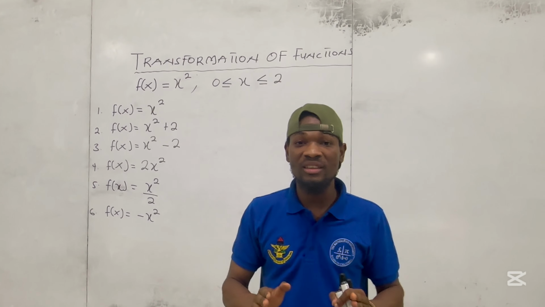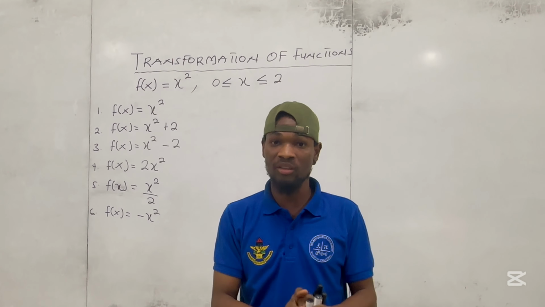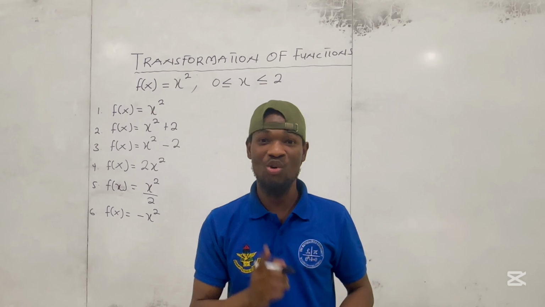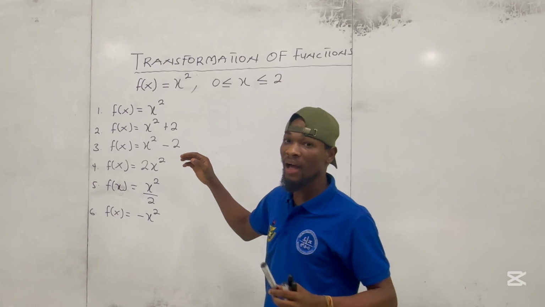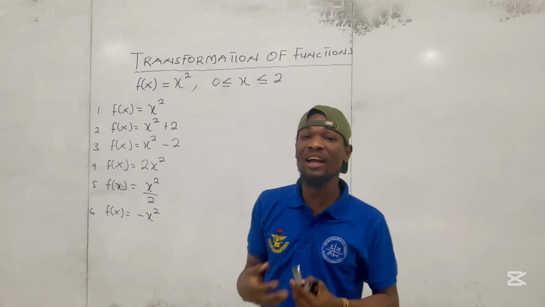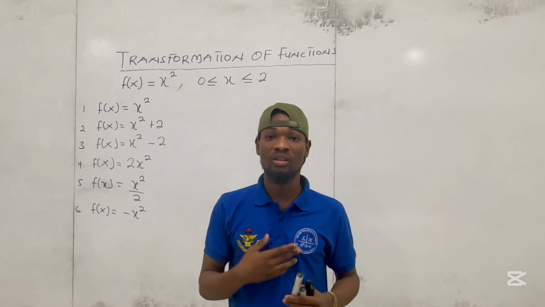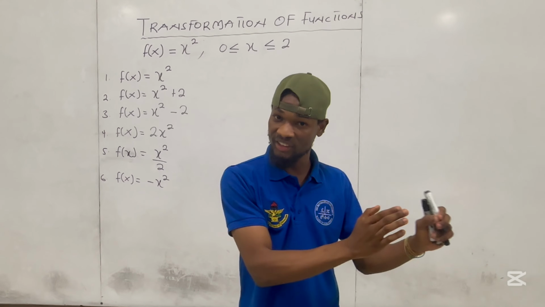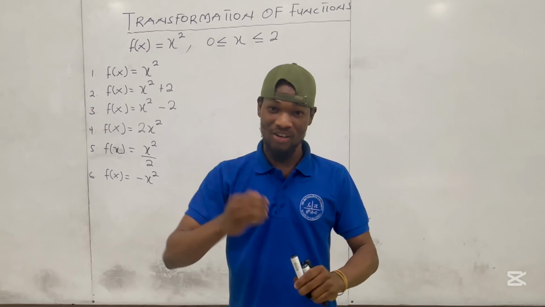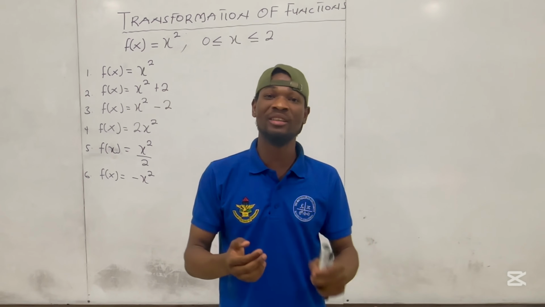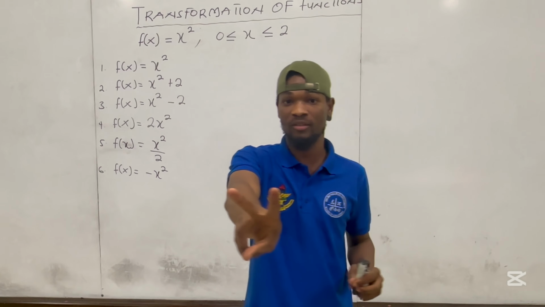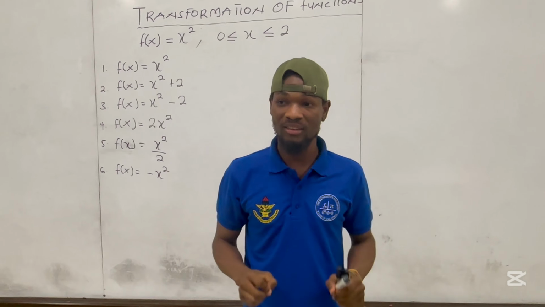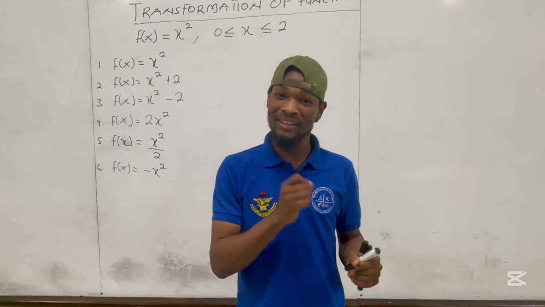Viewers, it's just the same format. It follows the same principle. So let's set the ball rolling. How can we apply these functions under the following transformations? We have the horizontal transformations and the vertical transformations. Transformation basically is divided into two sections, vertical and horizontal. So let me use this session to talk about the vertical